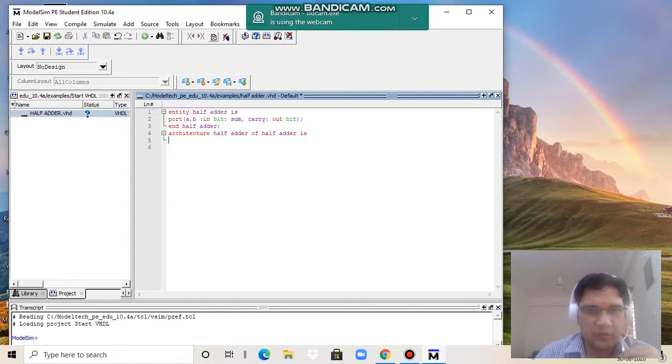After the declaration of the architecture, we have to write begin. Then we have to give the statements, in the case of the data flow architecture type.